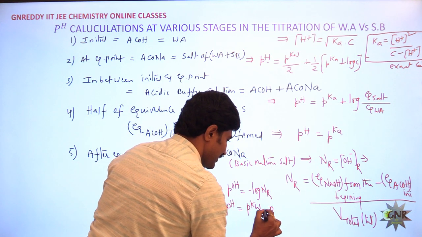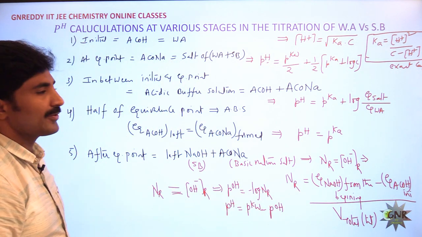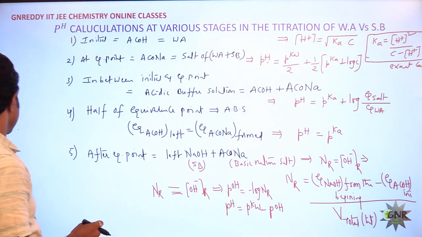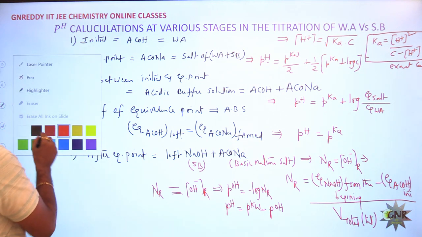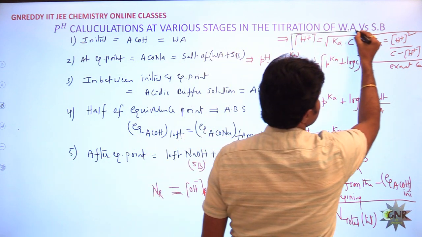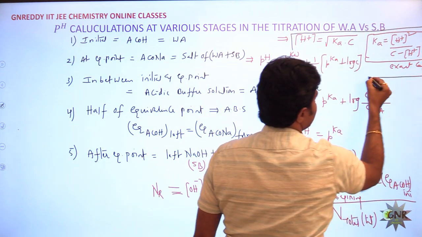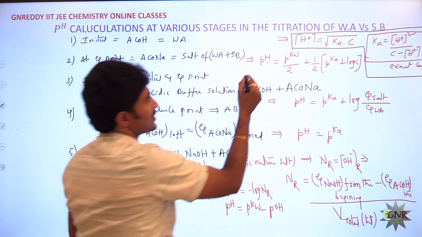So like this you can calculate. See this one, in every case we have a definite pH calculation in this titration. If you look at this one here, I am giving this calculation part. First case, acetic acid pH is calculated by this concept, and second case, this is a salt hydrolysis pH